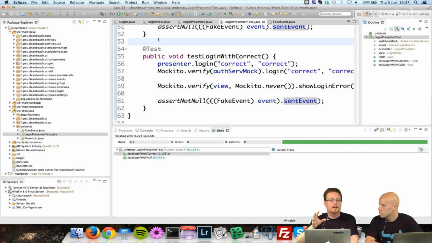So you can decouple this from everything else. Just mock out the view, mock out any services that you have, and you can actually unit test your UI logic. So if you make a bug in your UI logic, then you will catch it with this. But if you have a bug in your integration to the database, then this doesn't work anymore, because that's the combination of a presenter and the service itself. So of course we're going to need something else for that.